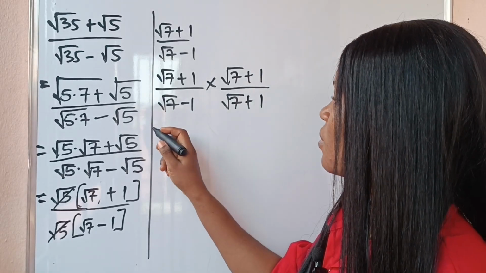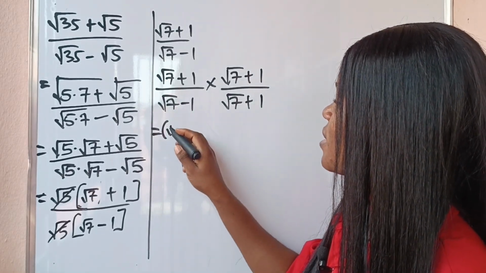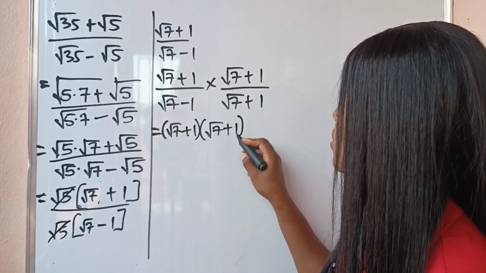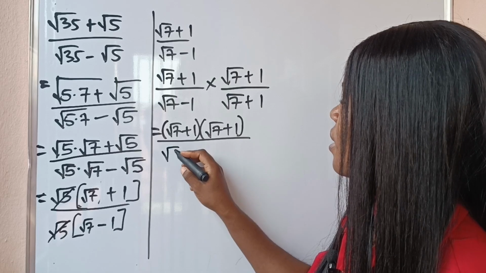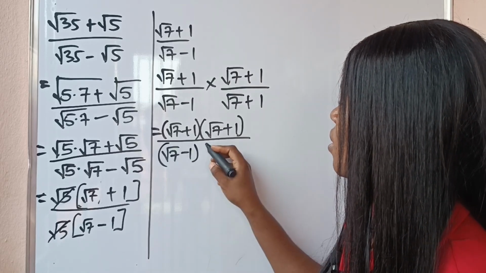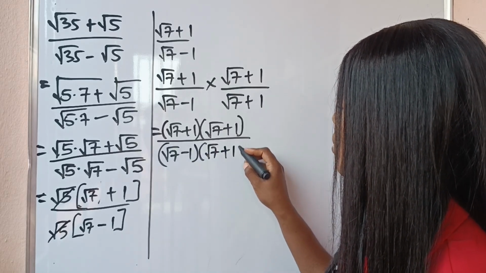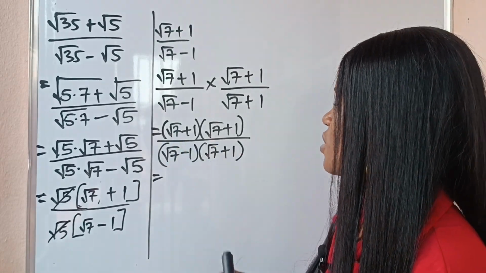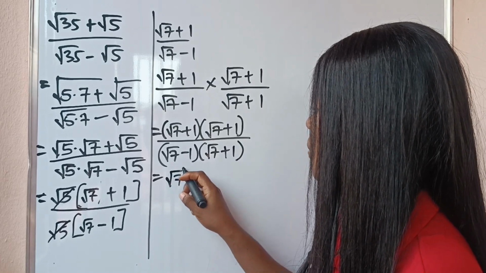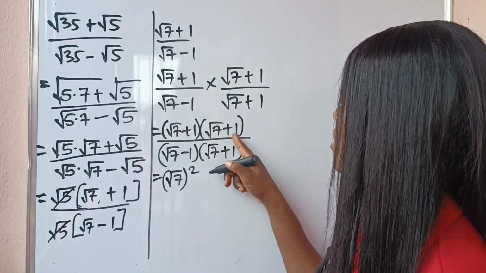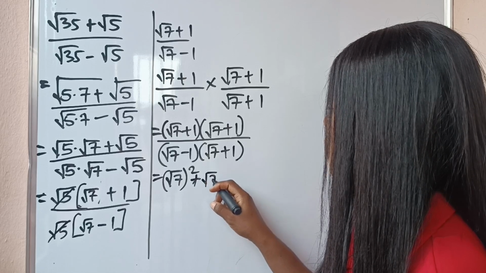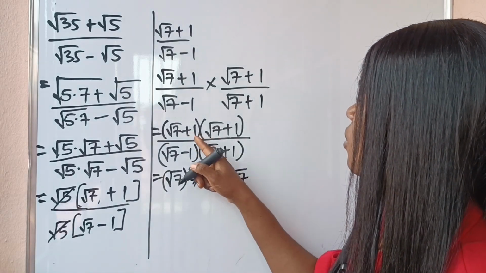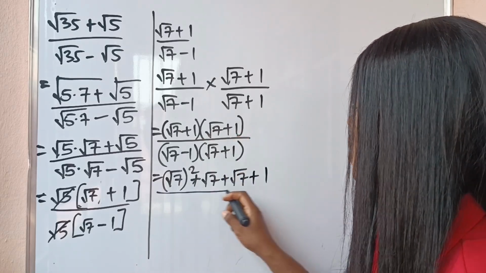Okay, all right, now this is equal to root 7 plus 1 multiplied by root 7 plus 1, divided by root 7 minus 1 multiplied by root 7 plus 1. Okay, so this is equal to root 7 times root 7, that is root 7 squared, right? Then root 7 times plus 1 will give us plus root 7. Now 1 times root 7 will give us plus root 7, and 1 times 1 will give us 1,